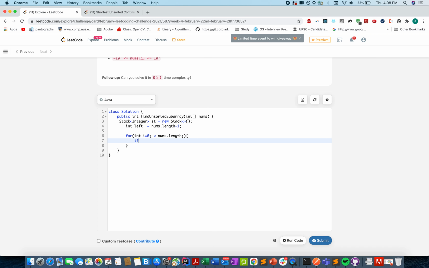If my stack is empty, I'll add elements to it, the simple base case.